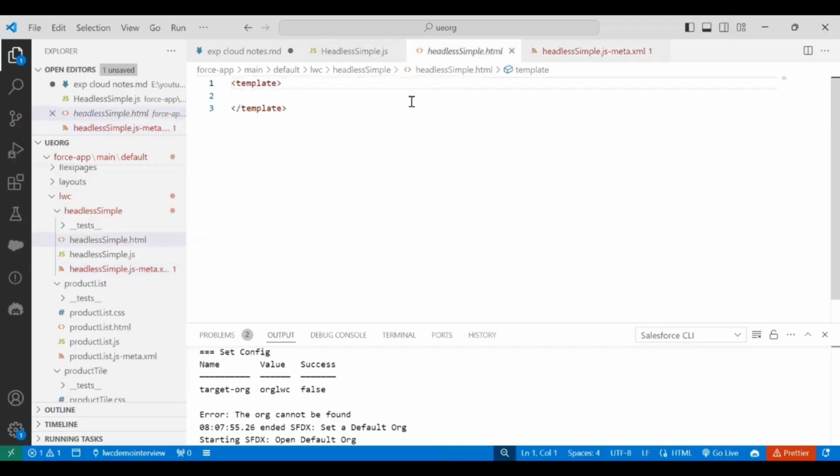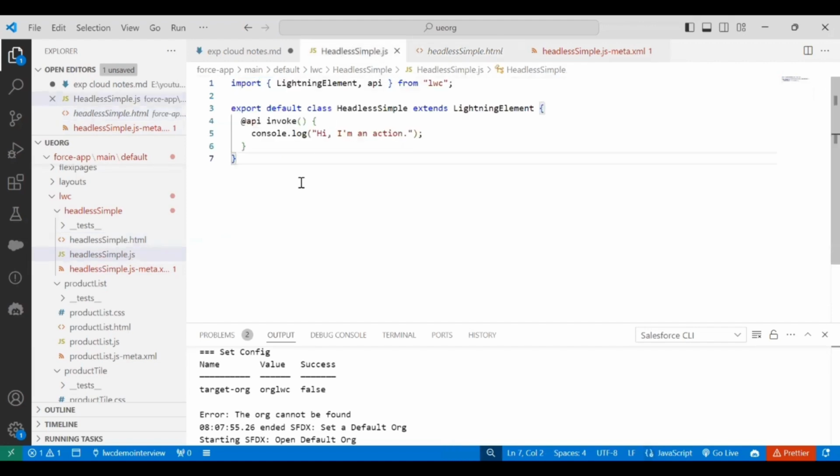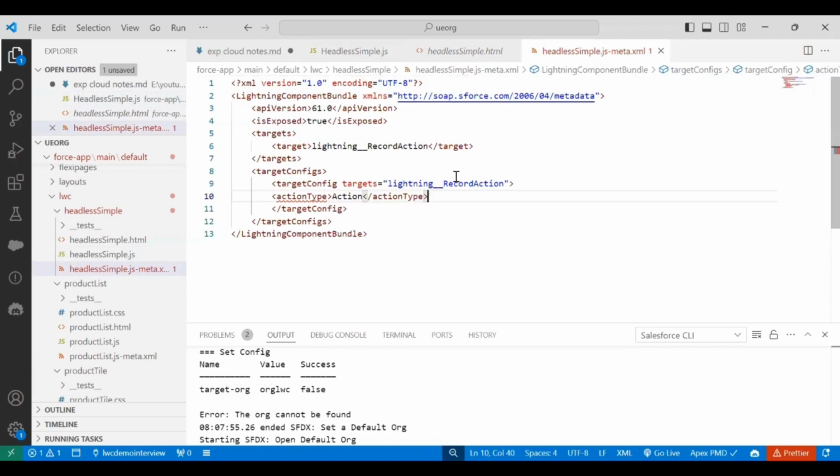Here is a simple headless quick action that I've already created. Since it is a headless quick action, we would not have anything in the HTML. And in the JS, all I'm doing is invoking a function called invoke when the quick action is called, and I'm just printing a console log. And in my JS meta.xml, I have a simple target as record action and the target configuration set to action